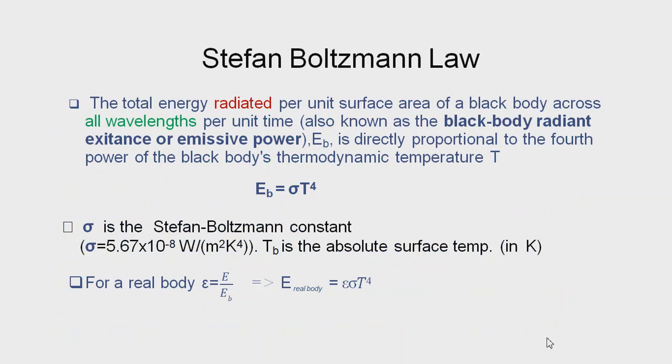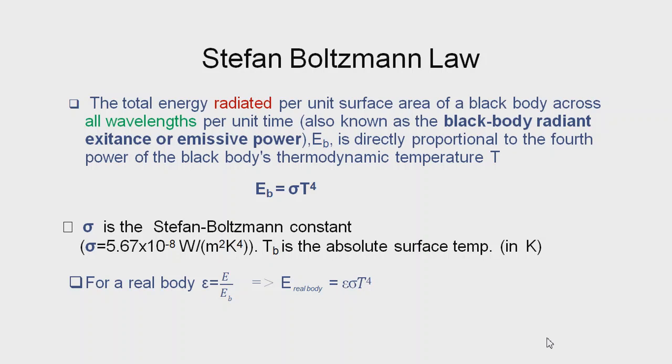Now, for considering the emissive power in radiation, there is a very important law called the Stefan-Boltzmann Law. According to this, the total energy radiated per unit surface area of a black body across all wavelengths per unit time, also known as the black body radiant excitance or emissive power, is directly proportional to the fourth power of the black body's thermodynamic temperature T. EB is proportional to T raised to the power 4. When we replace the proportional to sign by equals, there is a constant called sigma, the Stefan-Boltzmann constant. Its value is 5.67 × 10 to the power minus 8 in SI units,